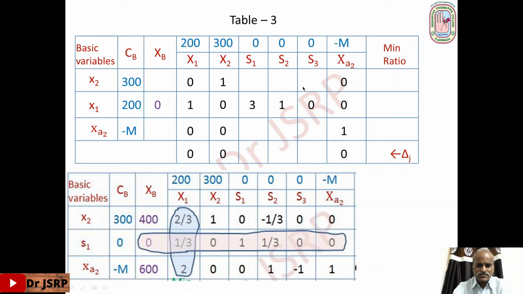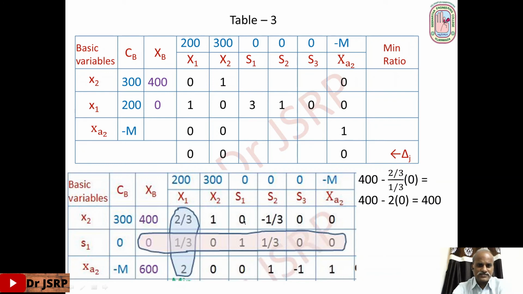Okay, right. Now for the remaining entries, the first row calculation. Present value 400 minus the pivot column element 2 by 3 divided by the pivot element 1 by 3, times the pivot row element 0. Simplify this: the 3 gets cancelled, so 2 by 1, and 400 minus 2 into 0 is 400. Observe that for this row calculation, the minus 2 is fixed. Just replace 400 and 0. So this is 400.